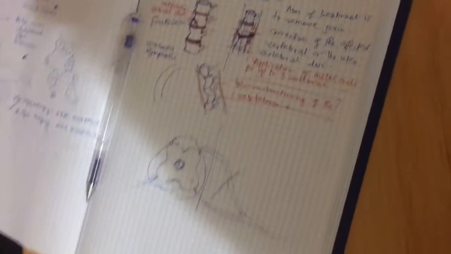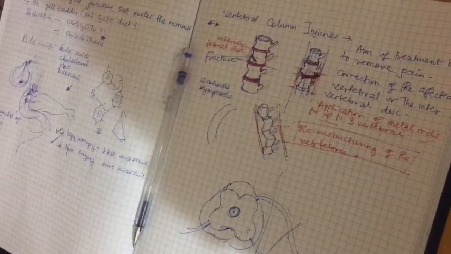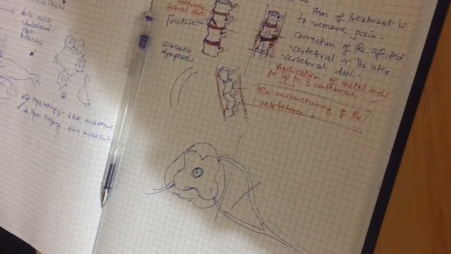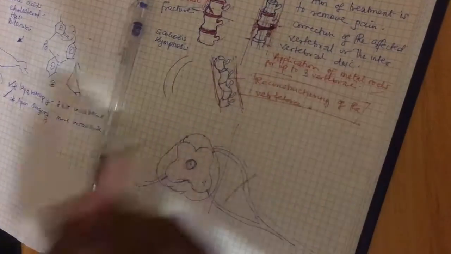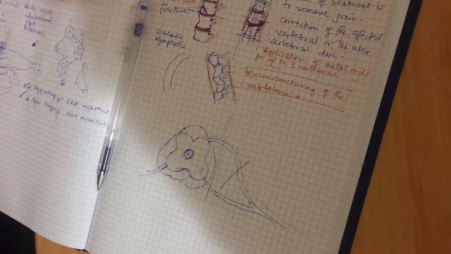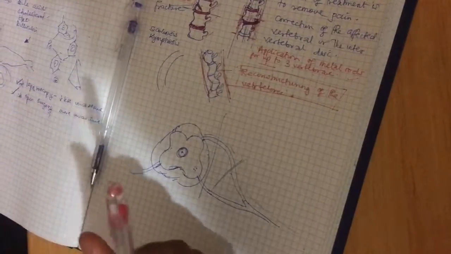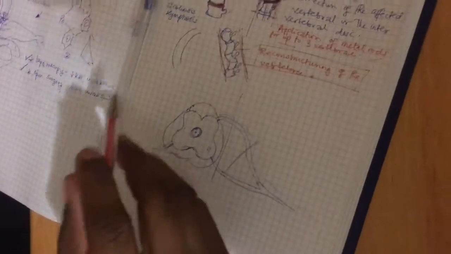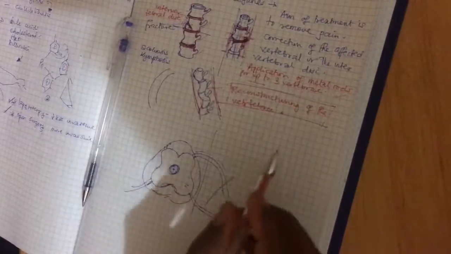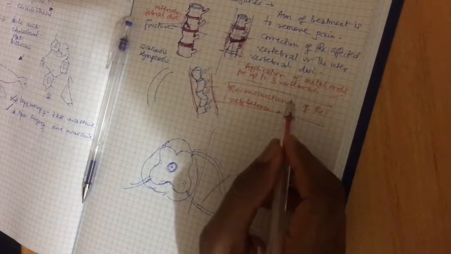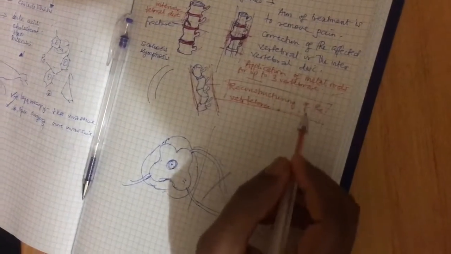I wish I remembered, I forgot. But there is a name for it, where they put iron rod in bone when they want to treat a fracture. If I remember, I will let you know. But the most important thing is to remember the application of metal rods, and then reconstruction in the case of